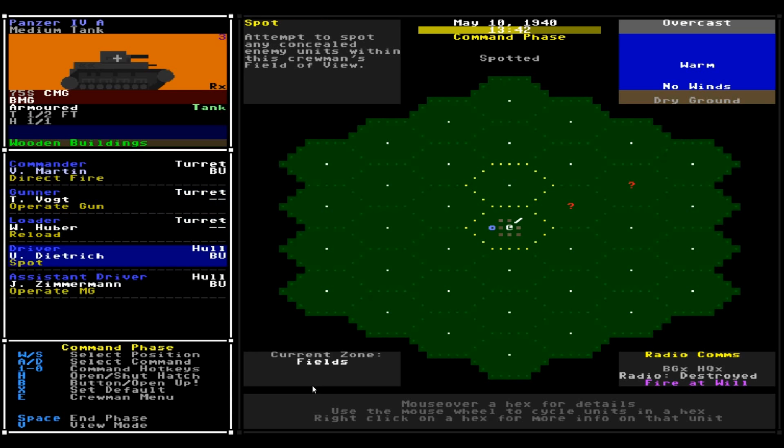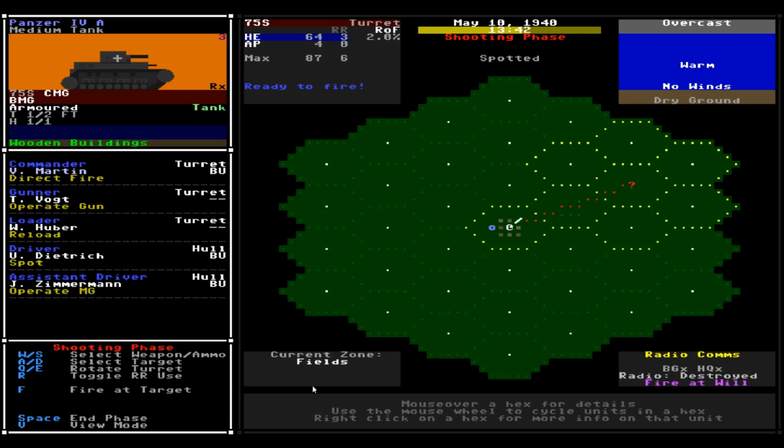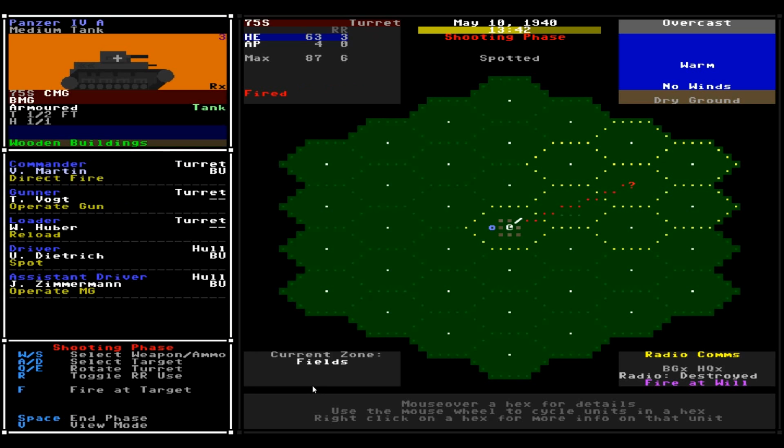Again, I'm just going to have them direct fire. And it looks like a pretty standard rifleman unit. It looks like they're actually trying to get away here. I think we actually fired at the unit behind them, so... Let's see...